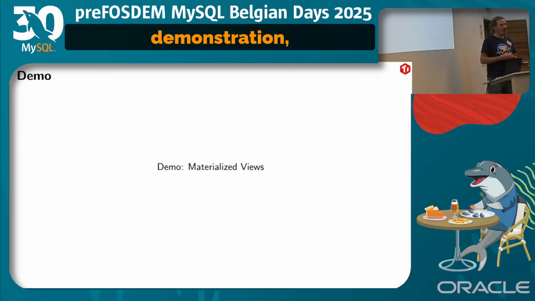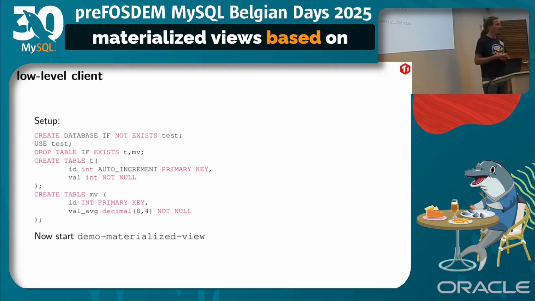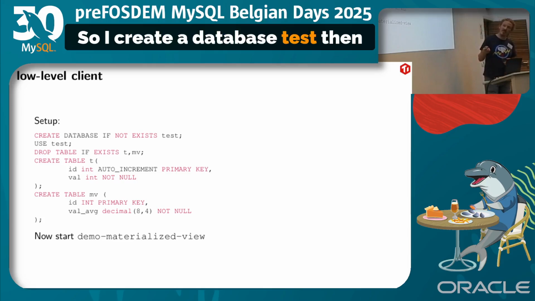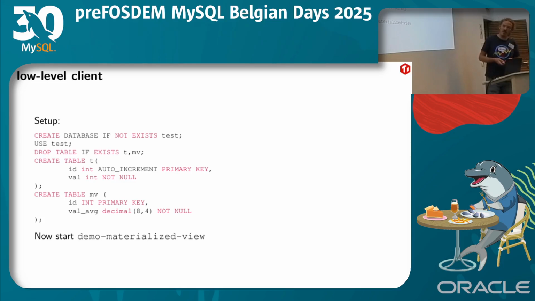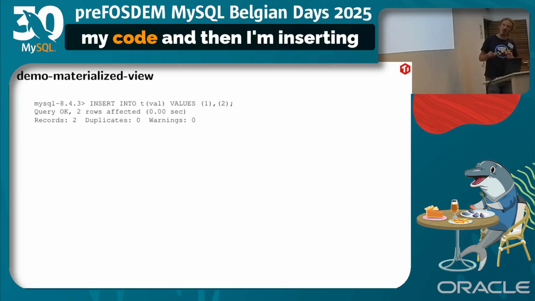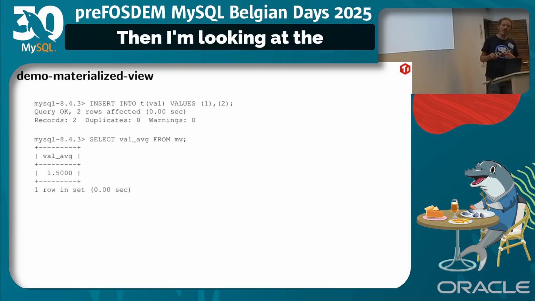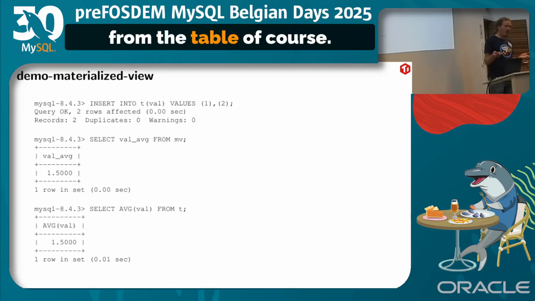Then one other demonstration, the last one: materialized views based on the go-mysql library. So I create a database test, then I create a table T and a table MG for the materialized view. Then I start my code, and then I'm inserting some data into the T table. Then I'm looking at the materialized view table, and I get the average value of the things that I just inserted,